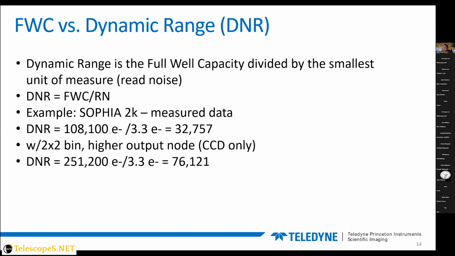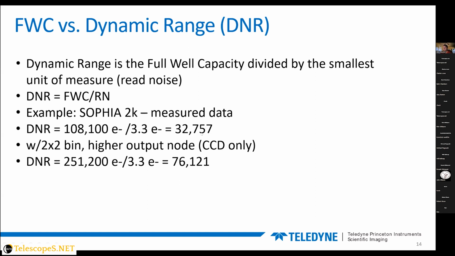And so if we look at this Sophia 2K that I used in the previous example with 108,000 electron full well, you divide this by 3.3 electrons, which is the read noise. These are generally published specs for a camera. I'm not going to talk about whether those published specs are right. For us, we measure them and base them on actual production cameras. But let's assume for sake of this discussion that your specs are right on. In this case, this camera can see